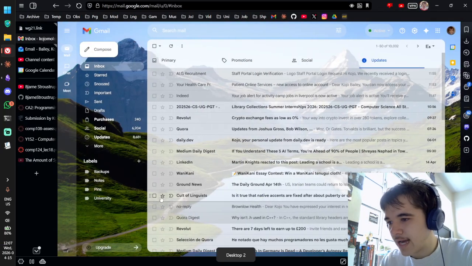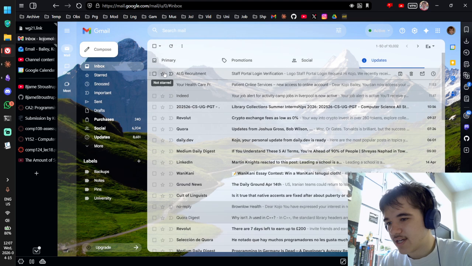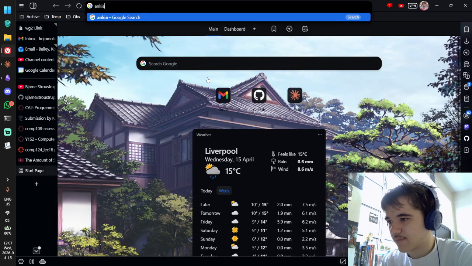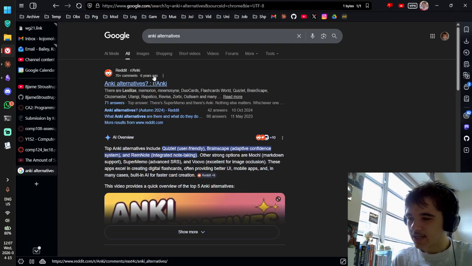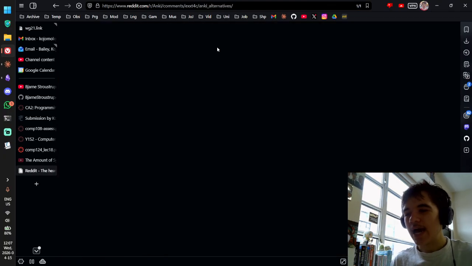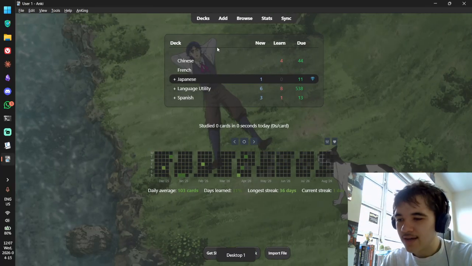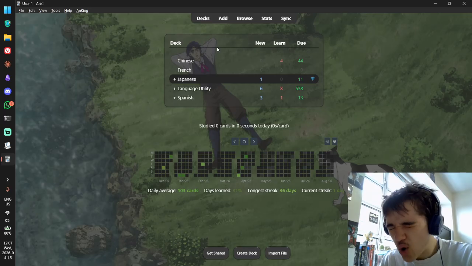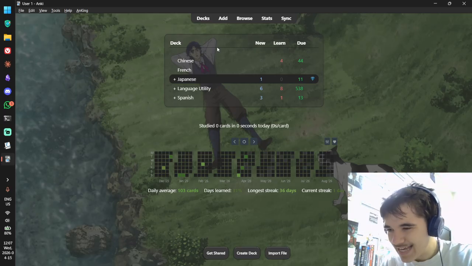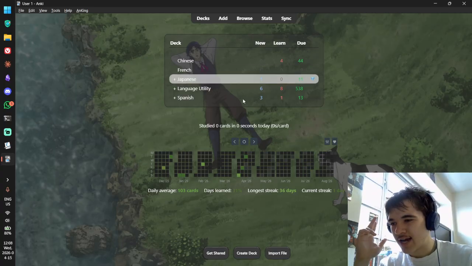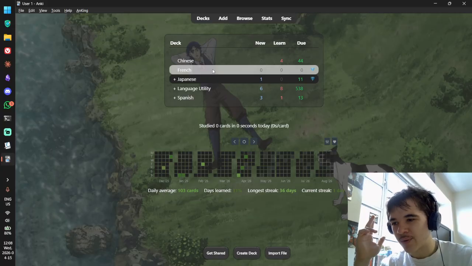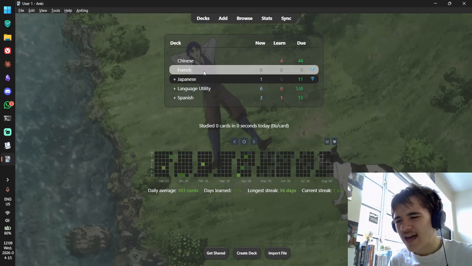But I want to look at some Anki alternatives. So Anki, he says in the most American accent possible. Anki's cool and all, and it's free and all, but it's so laggy and buggy. I don't want to have to wait 20 seconds to launch the app on desktop. It's just such friction. And the way it tweaks out when I want to review flashcards,